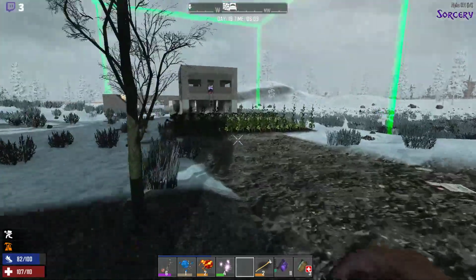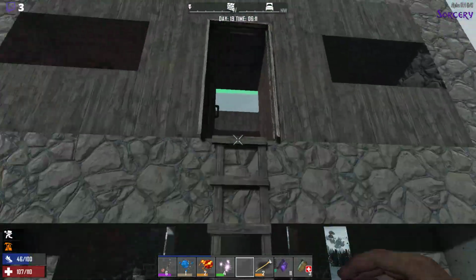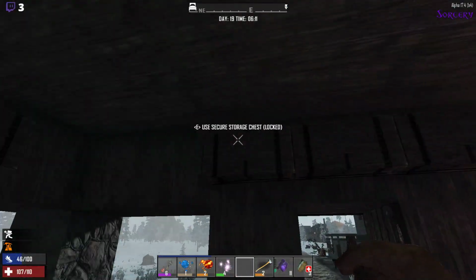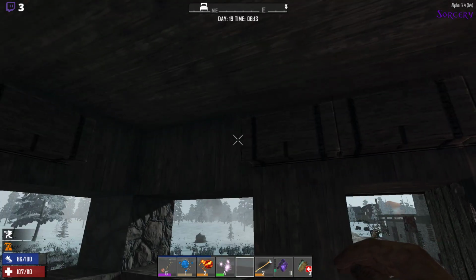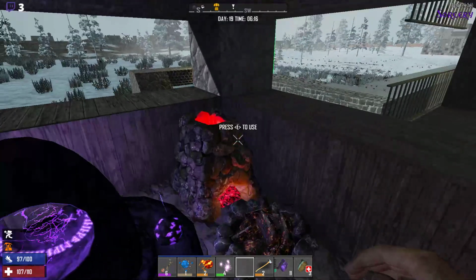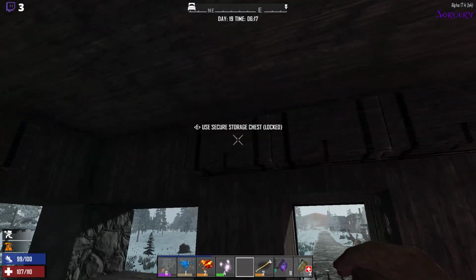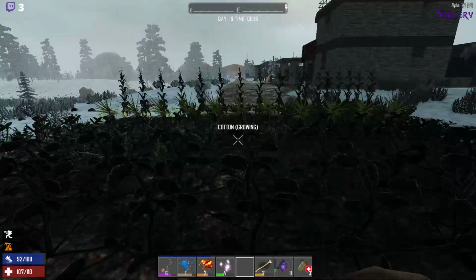Oh, jeez, I did it again. I have a bad habit of not grabbing the stuff I need for selling to traders. Oh, I don't have a lot of forged iron anyway. Never mind. We'll still use regular iron, but...